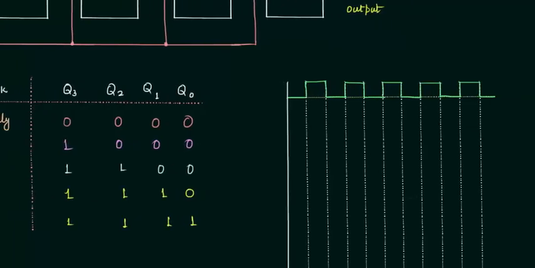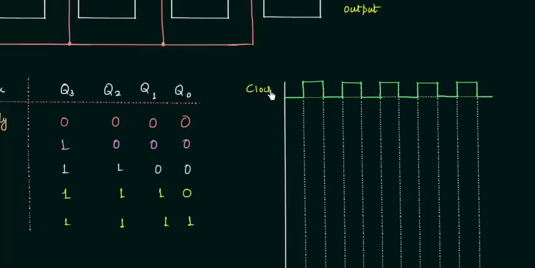Let's try to complete this waveform. This is my clock. This is the first falling edge, second, third, and a fourth, and D in was my data input. Initially it was low, then we have high throughout because it was equal to 1 1 1 1. For the first clock pulse it is high, then again it is high, then high, and finally we have our MSB. Now we will find out the outputs. Q3, Q2, Q1, and Q0 were initially 0, so I will make them low.